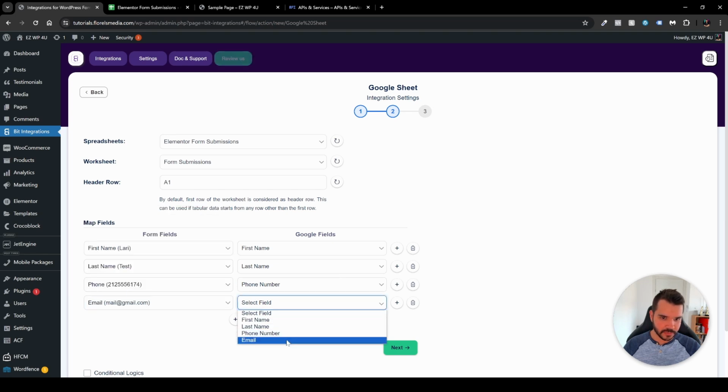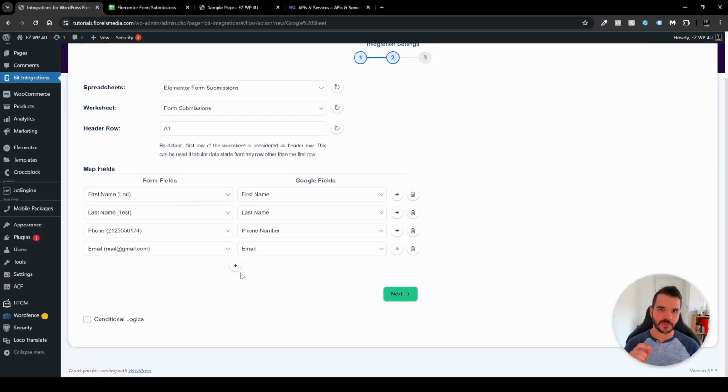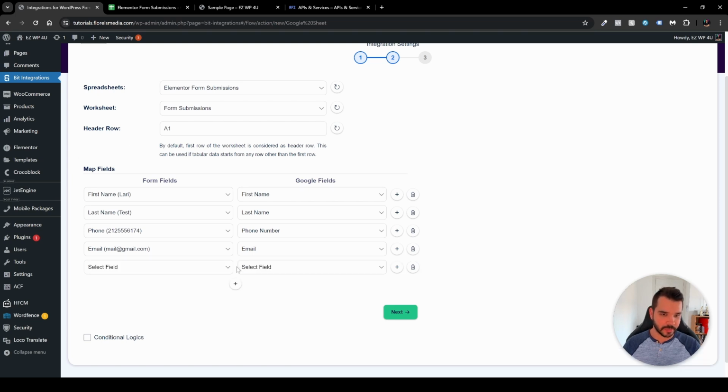Also the email address. If you have noticed, there is one field which is missing for me from the Google fields right over here. In this case, what you would need to do is head over to the header row over here and click the refresh button. After that, it will show you the field that is missing if you have encountered that problem. In my case, I've already clicked the header row, and now when I click the plus icon and choose the message field and head over to my Google fields over here, I'll be able to see the